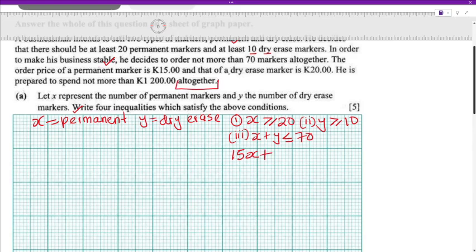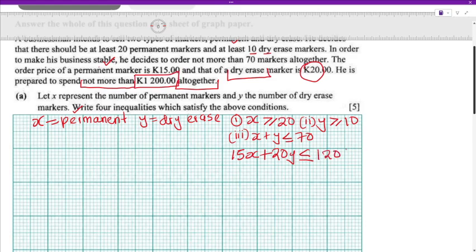Okay, dry erase is represented by y. What is the money attached to dry erase? It is 20, so I'm going to say 20y. Okay, and then there's this "not more than." What does it tell you? Less than or equal to, then the amount that is there to be spent, which is